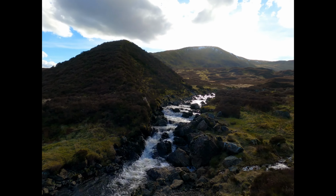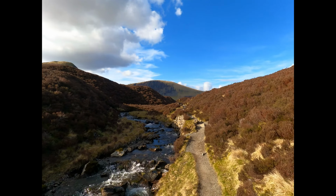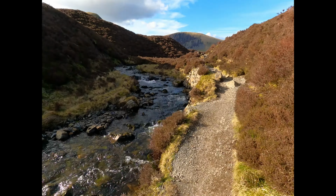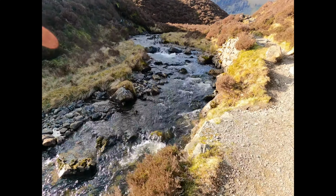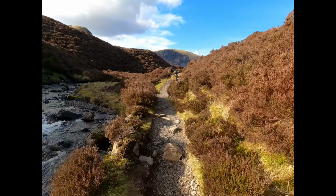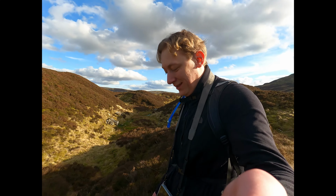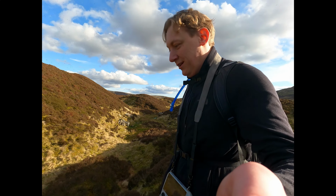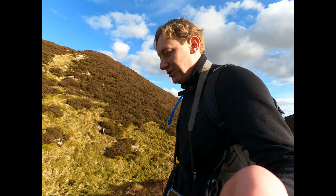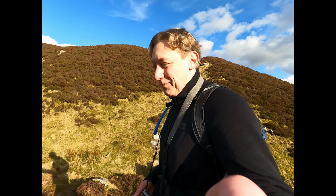So once you see the top of that hill over there, that's actually getting pretty close. And it's just nice to be right beside the water now. So that's me now, pretty much at the top. I'm just continuing a wee bit further around for a minute, just to get away from the majority of people. I can also say there's a load of midges already starting to come out,